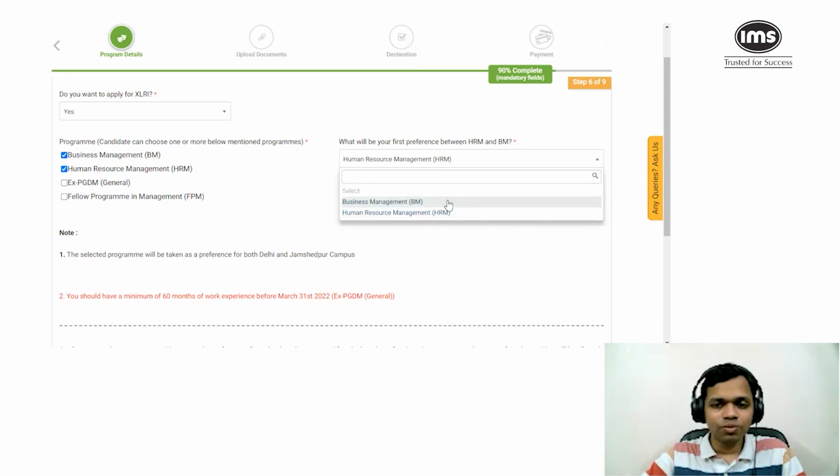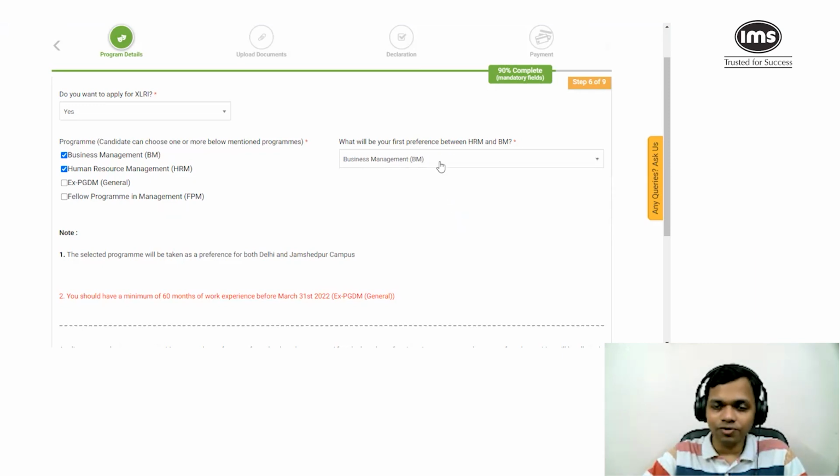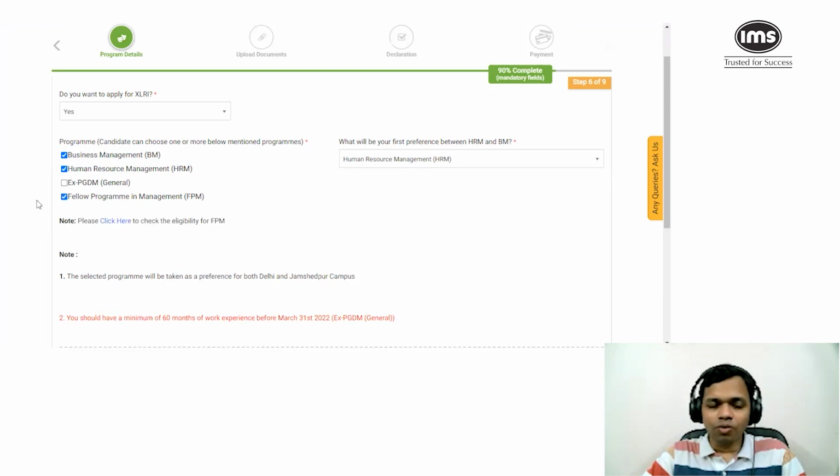So if you're somebody who is more keen on PM, you can give that as the first preference. If you're more keen on HRM, you can mention that as the first preference as well. I will also just tick this to show you how it's going to appear. So if you put a tick mark against fellow program in management, which is the PhD program, it shows you